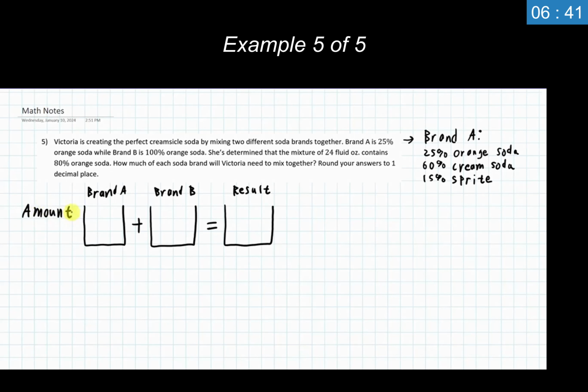And what unit am I using with amounts? Is it gallons? Is it some pints? What is it specifically? For this one, we are using fluid ounces as our unit here. So I'm going to go ahead and write in fluid ounces. We still want to be on the lookout for that unit because sometimes they do switch those in some more advanced problems, and I want to make sure we're just using the one that's given to us. Now, what's going to go down below? This is going to be the concentration.